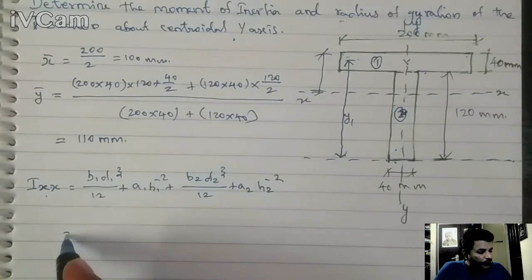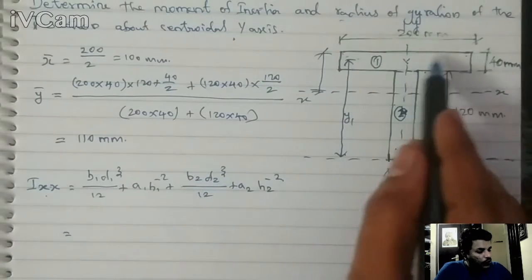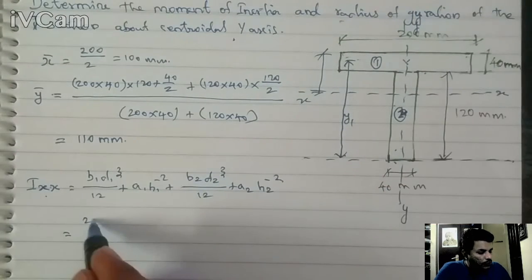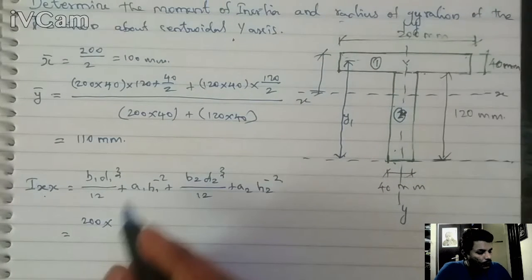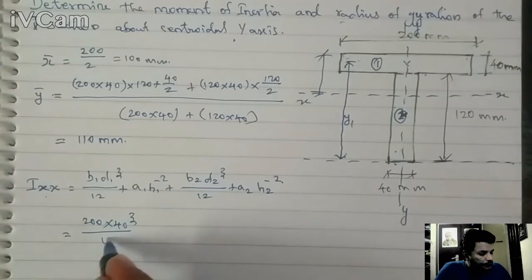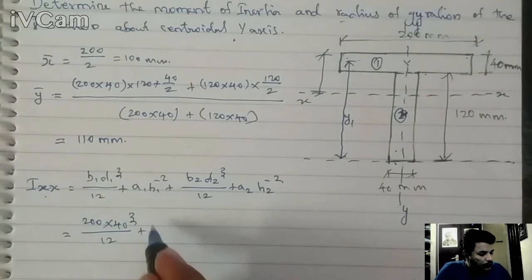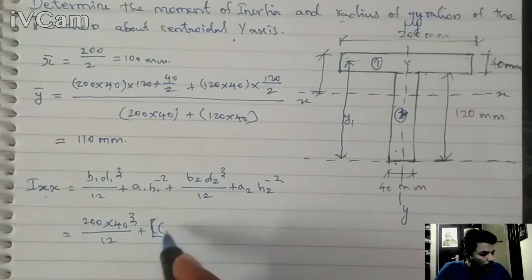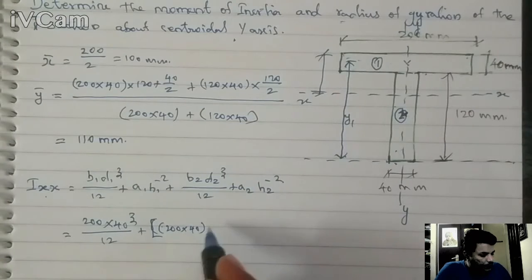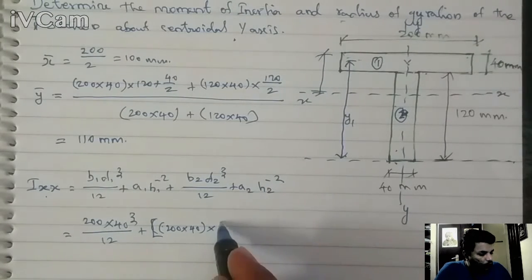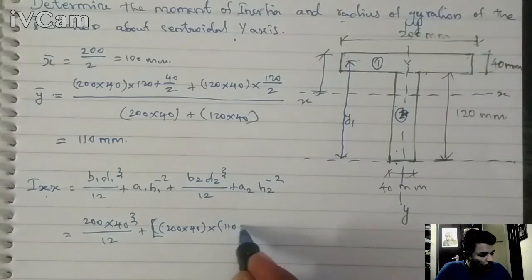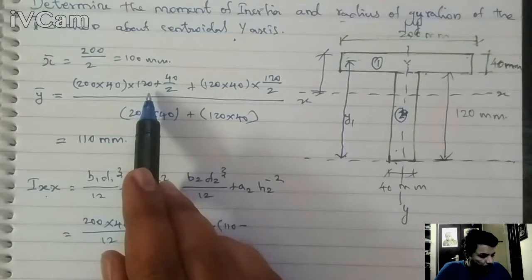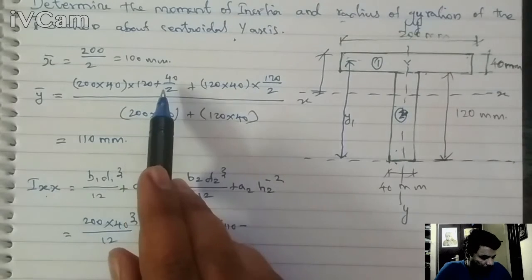So B1 is 200, D1 is this height, 40 mm, divided by 12, plus A1, 200 by 40, into y bar minus y1. So y bar is 110, minus y1, this is y1, that is 120 plus 20, 140